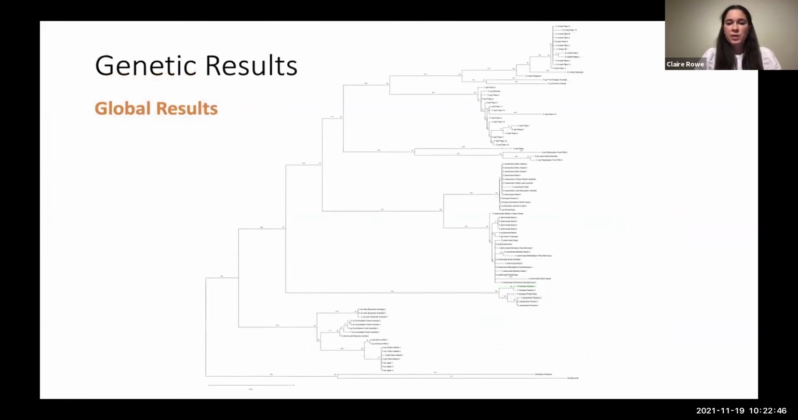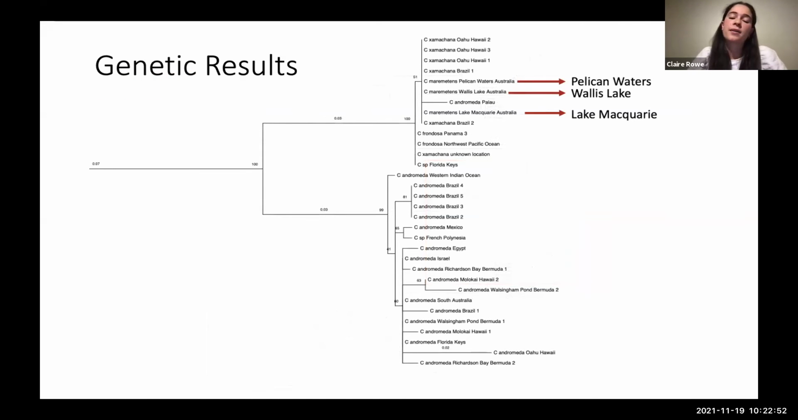So that created this big, complicated looking tree, and I'm just going to focus on this section here. That's because this is where the Lake Macquarie specimens came out. So interestingly, the Lake Macquarie specimens came out as the same species occurring in Hawaii, Brazil, Panama, and the Florida